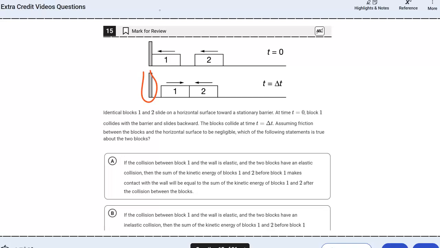two blocks? Okay, so both blocks are moving to the left. Then when block 1 hits the stationary barrier, it starts moving to the right, and then inevitably they're going to have a collision right here. So we're asked to try and identify which one is true. What it really comes down to is what type of collision this is. So let's go to our physics facts